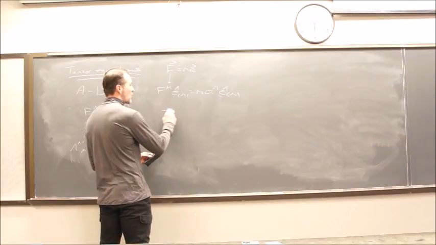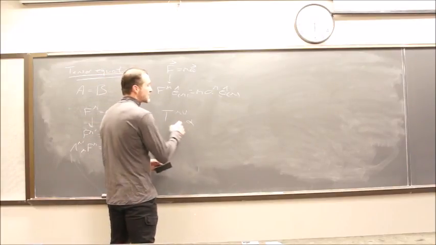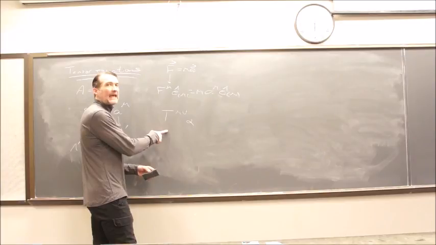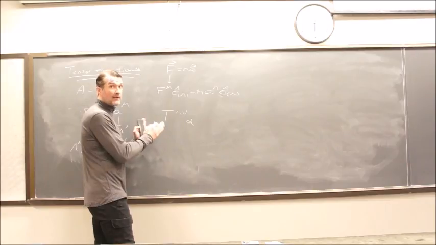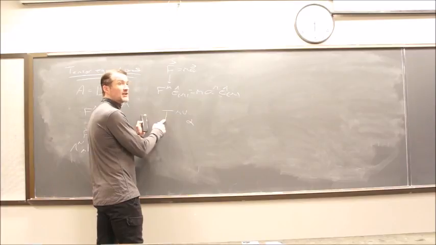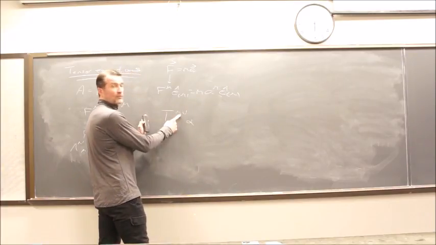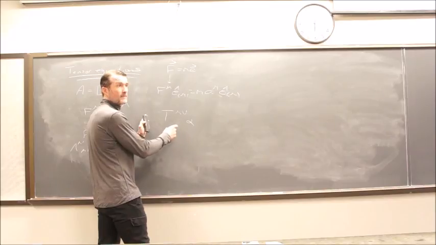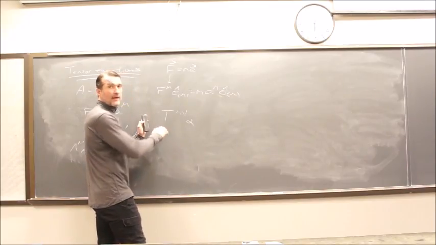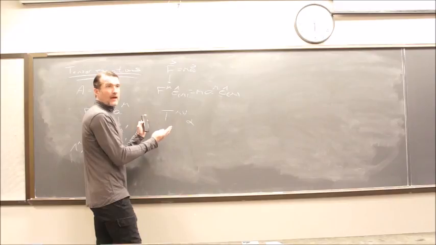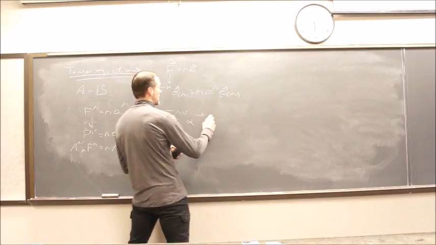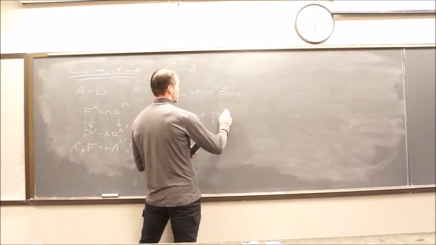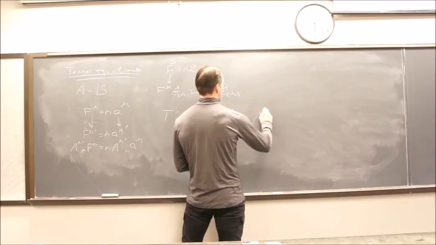The question that we're going to be faced with is, if I have some object like this, is it transforming the right way? We know how this should transform if it's a tensor. And if it does transform correctly, then the combination of this with the two dual vectors and a vector, or a basis vector and two basis dual vectors, that whole combination will be invariant. But if I find out that this doesn't transform the right way, like what if the transformation of this thing looked like this? T mu prime alpha prime equals lambda mu prime